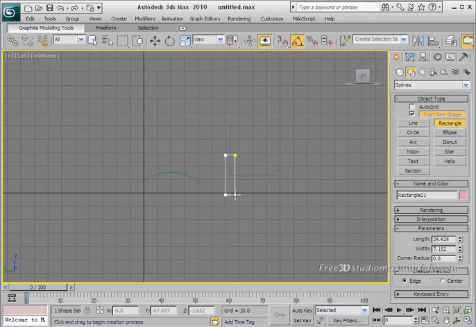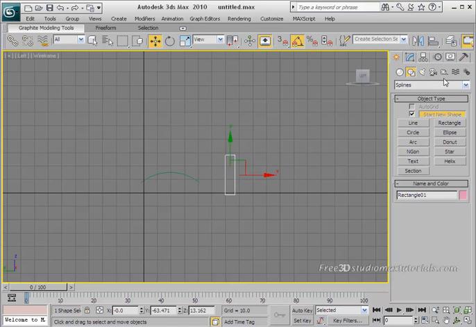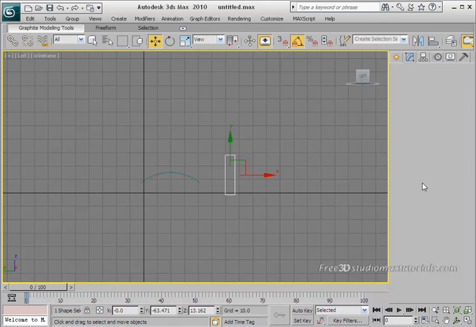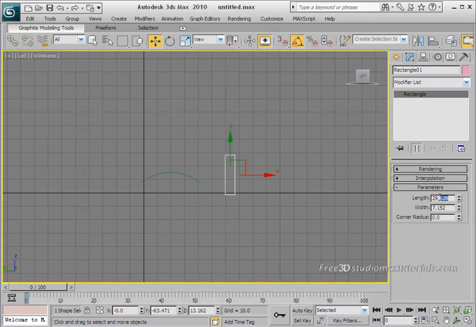Just draw a rectangle roughly 5 times. Then go to the modify panel and in the parameters set the length to something like 7.78 and hit enter, and set the width to 0.2